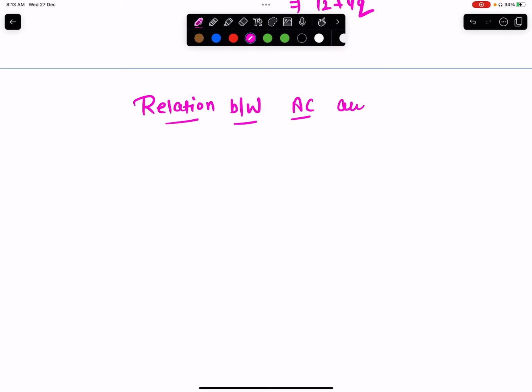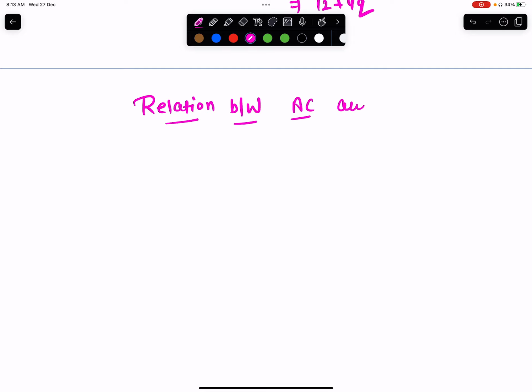This is the formula for the relation between AC and MC. We can be asked how to derive this. Suppose we have to derive this. We know that the slope of AC is d by dq of AC. What is AC? d by dq of C by Q, because AC is equal to C by Q.